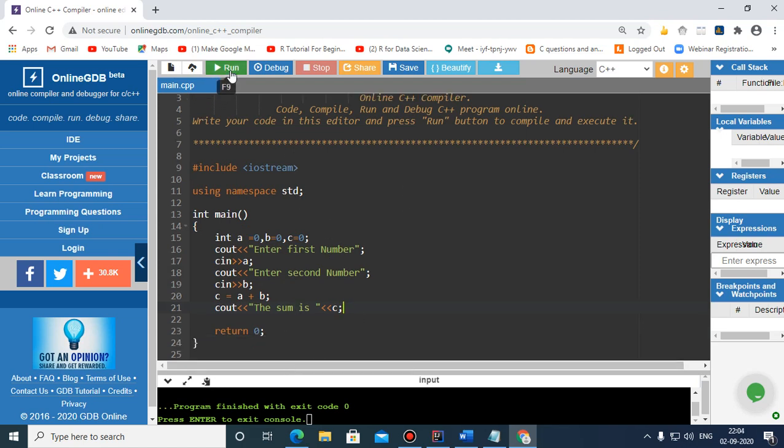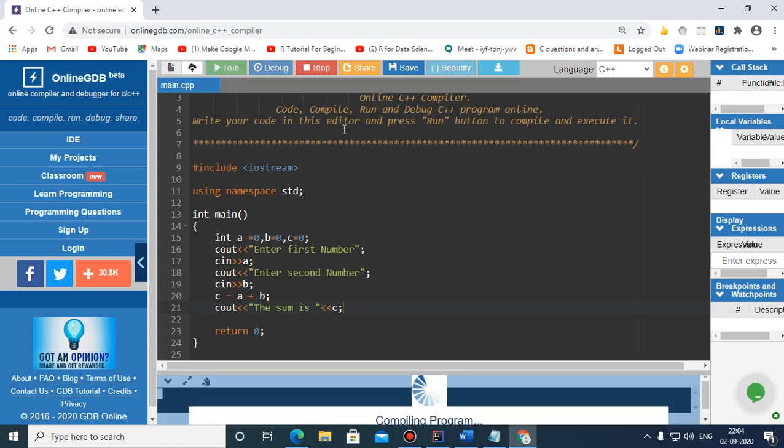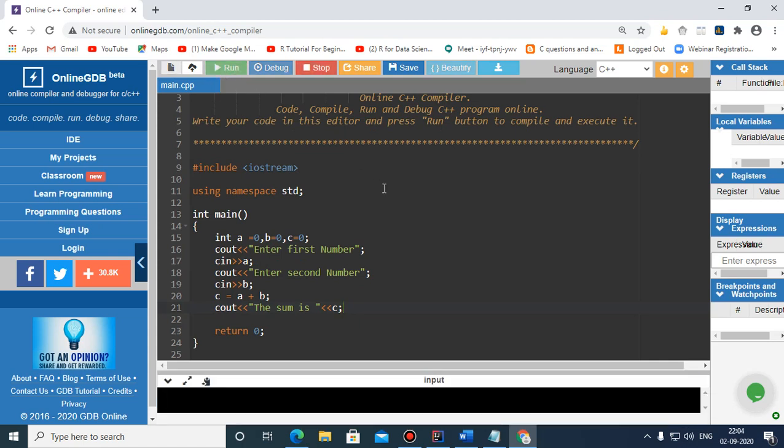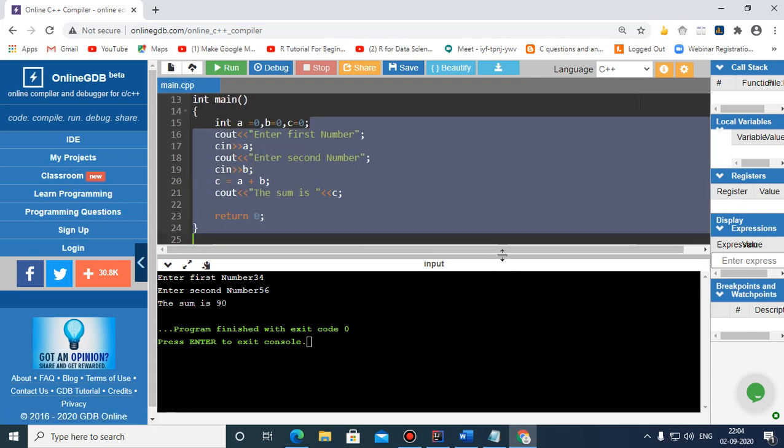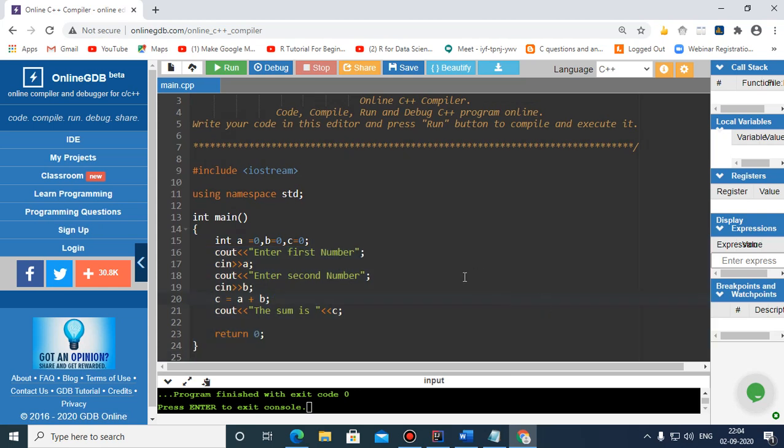So just click this run button, and here you will see that there is a message below in the output screen, enter the first number, which is 34. I have entered the first number, which is 34, and now it is asking me to input the second number. So the second number is 56. Now you can see that the sum is 90, which is on the screen. So children, this is how you can execute your C++ programs.